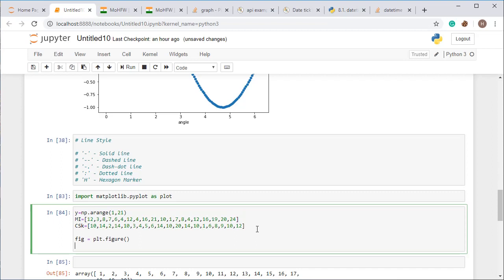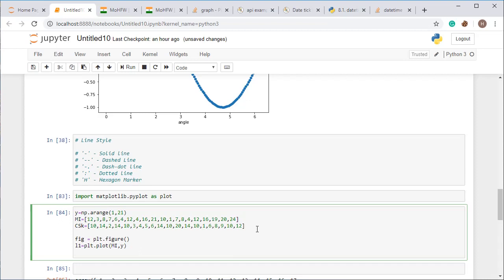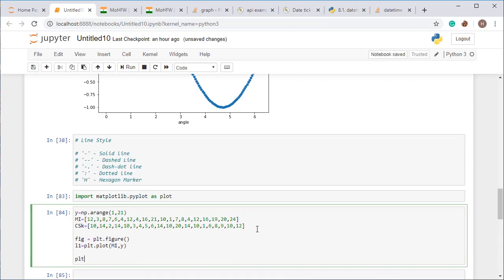So I am now just plotting line 1. L1 is equal to plt.plot and then pass x, comma, mi, comma, y, and put plt.show in the end so that you can get the graph.